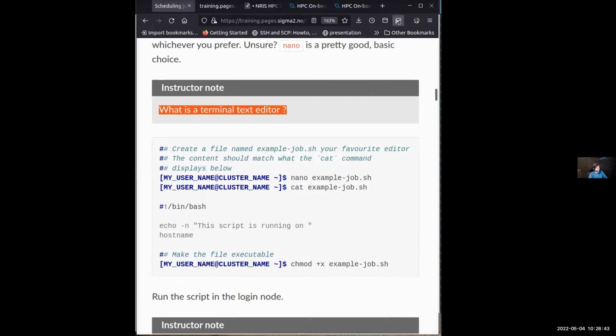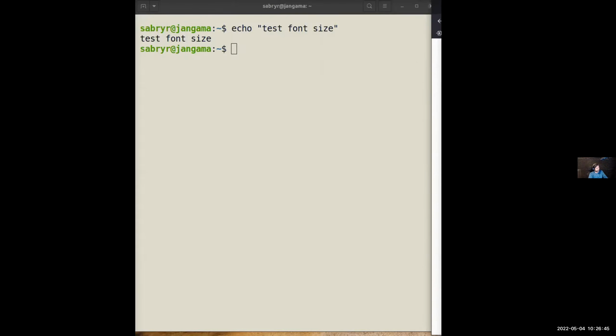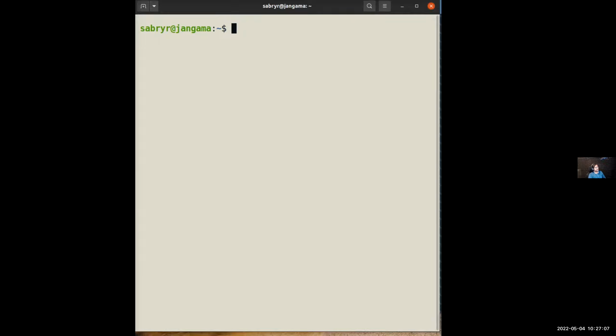So what I'm going to do is log into Saga. For this lesson, it's better that you look at what I'm doing and get an understanding of the procedure, without typing. The reason is that if this is your first job, and the first time on an HPC system, you might miss certain things.